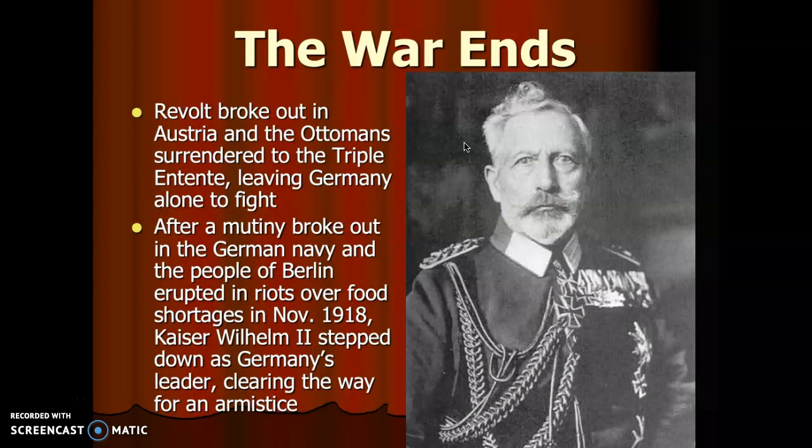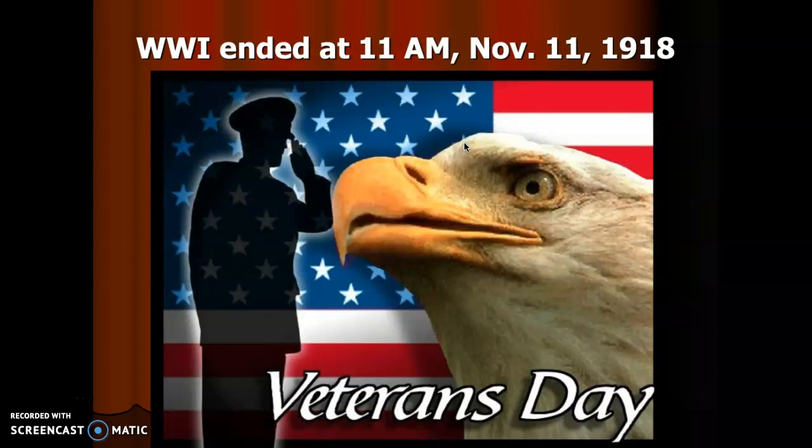And as Germany is getting beat, the German people are hungry, they're without work, and they begin revolting against this guy here whose name is Kaiser Wilhelm. And Kaiser Wilhelm basically says, oh my gosh, there's mutiny. I don't know what to do. I'm getting out of here. I'm leaving. In Germany, you can do what you want. And basically, what Germany is going to want to do is end the war.